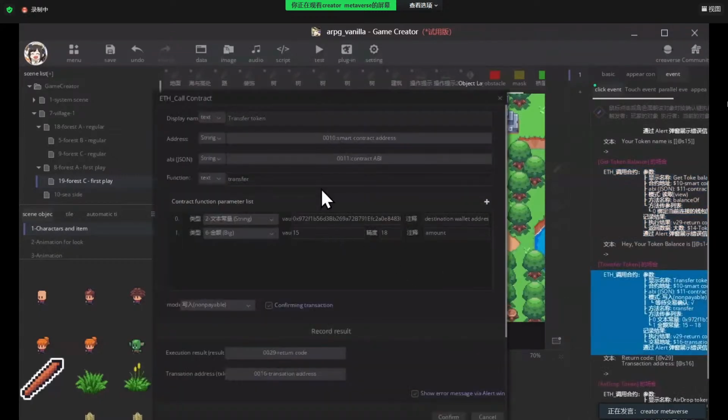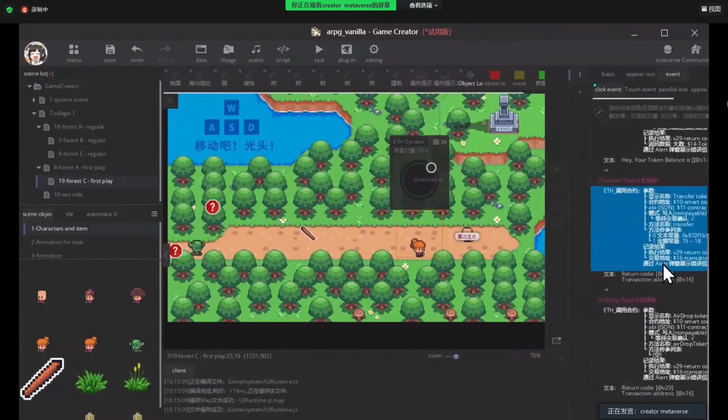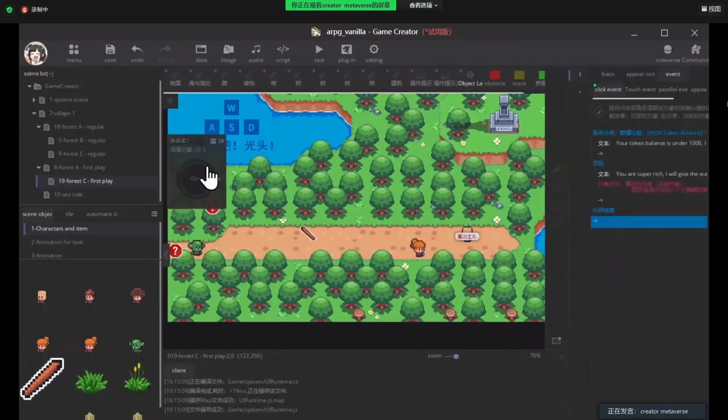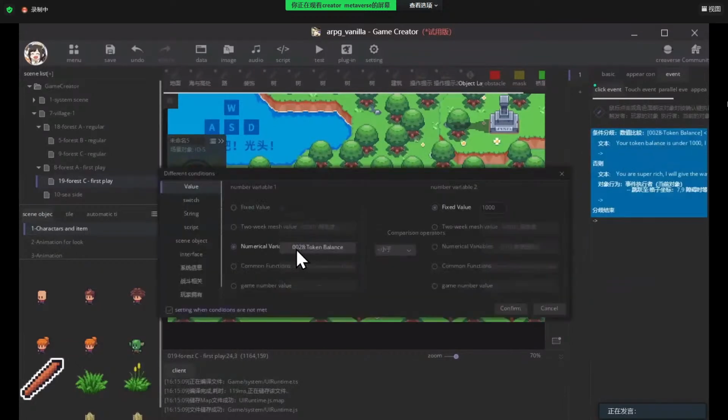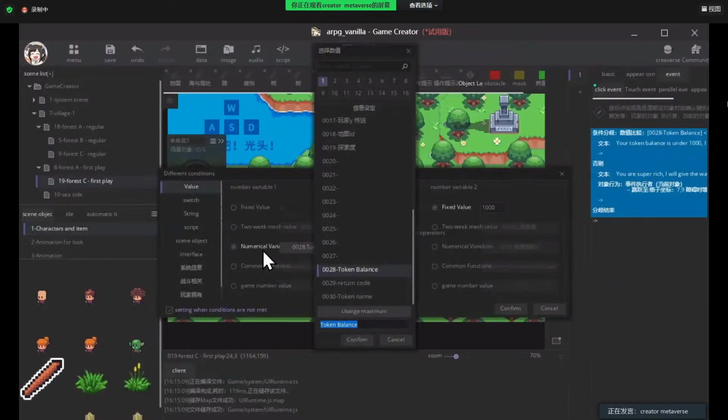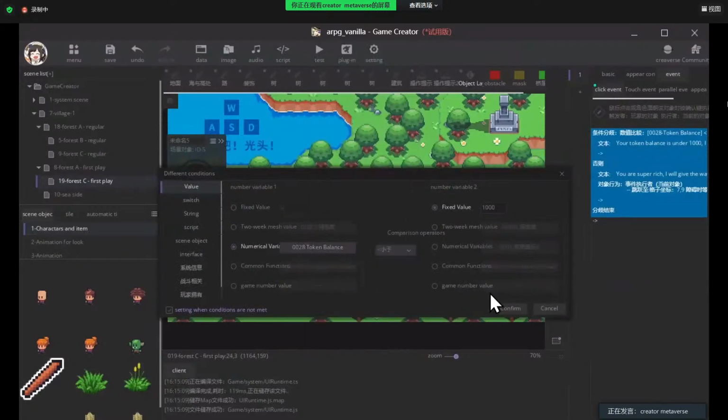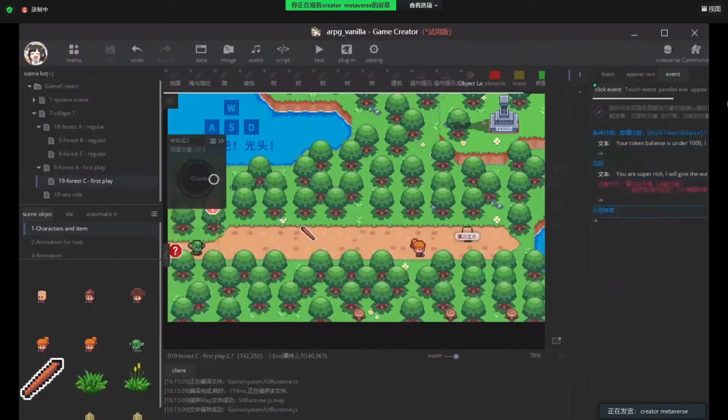And transfer token: transfer address, destinations, amount, and this is right, and confirm transaction, return code, and return address, which is good, and we already tested that. And then here, the NPC compares with the number 28, this number. And we name this NPC as a blocker.